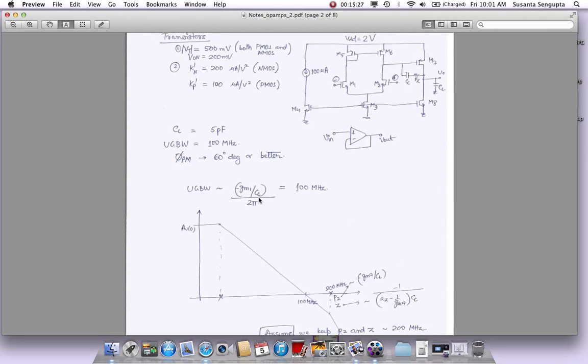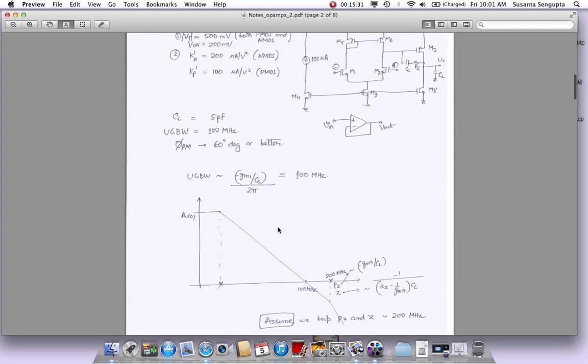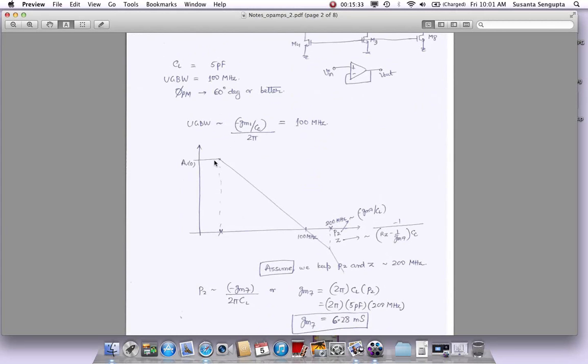We can assume, we can go through it, but that's what we're going to do. So let's just wait a minute, but we'll be there. But first, let's try to do this. Let's try to draw the Bode plot and see what are the things we know in this. We know that the unity gain bandwidth is 100 megahertz. We have not been given what is the AV0 gain, and we don't need to be, because see, the goal